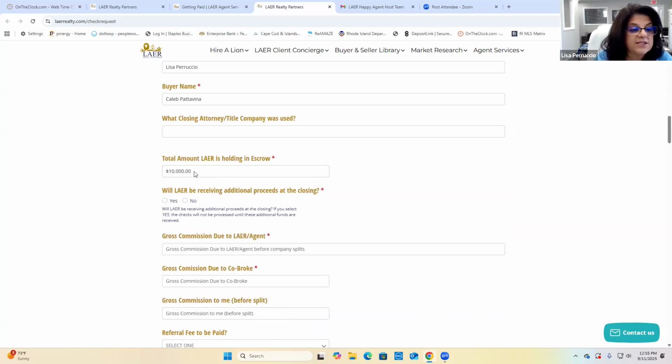If this covers whatever you deposited, took as a deposit, covers both commissions, then you can put no. Okay. Now, the only way that really works is if you know that the attorney is going to cut the buyer agent's commission at closing. So if there's enough in here for you, and you know that the buyer attorney is going to cut the buyer agent's check,